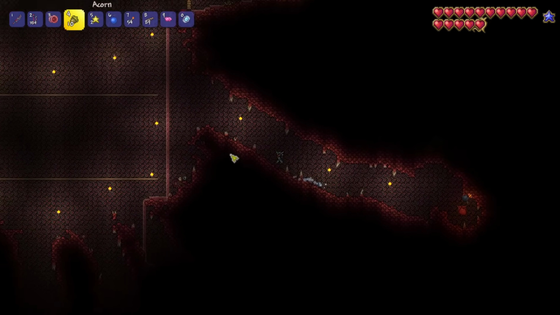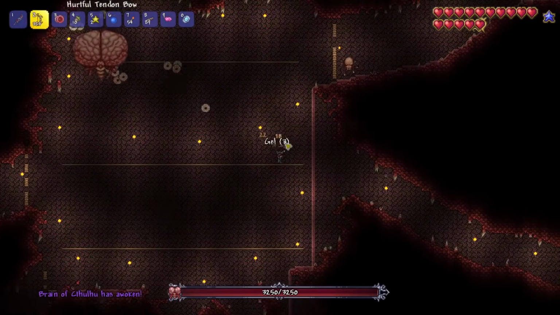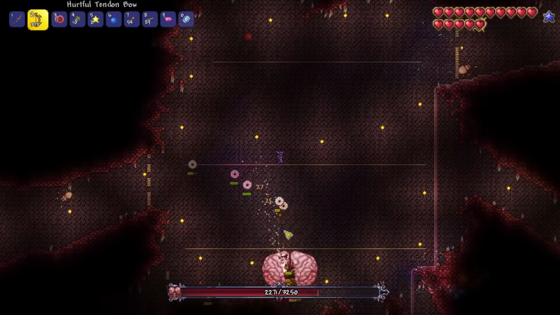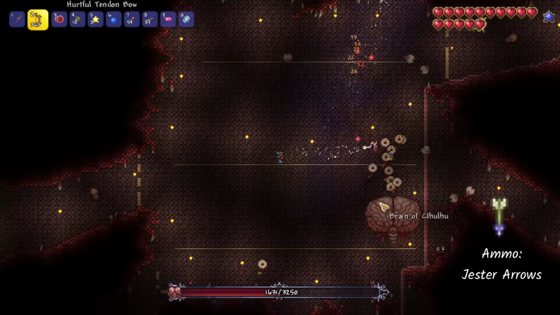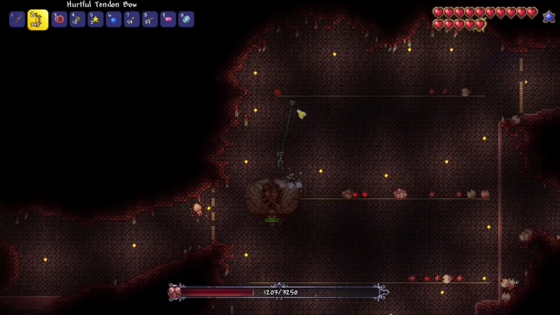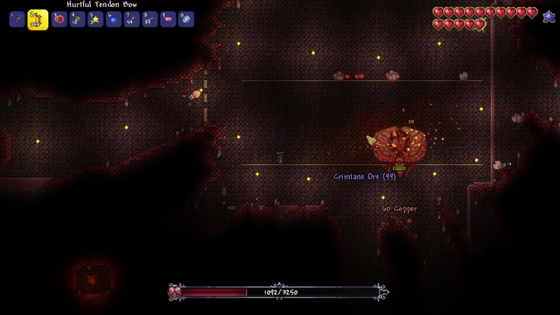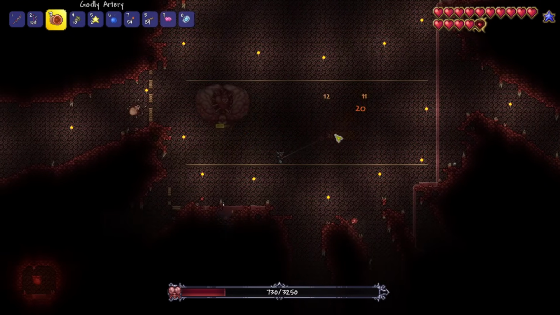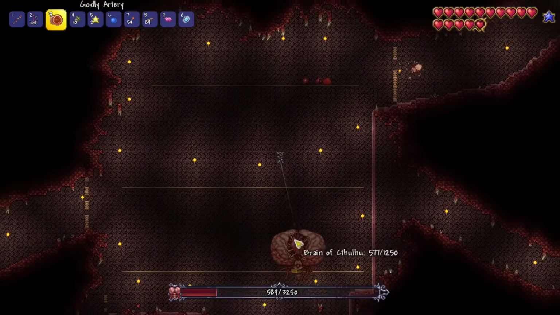After blowing up the third Crimson Heart, the boss is going to spawn, so run back to the center part so you can be ready to start killing the boss. Now the first thing you want to do is destroy all the creepers, so the best way to do that I find is to use Jester arrows, so you can make those with wooden arrows and fallen stars. So just shoot into the clump, and then once they're all destroyed you're going to be able to do damage